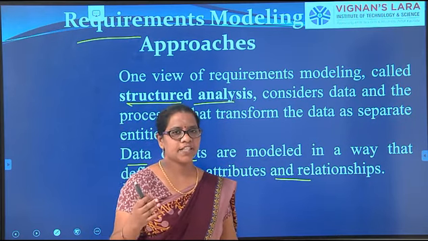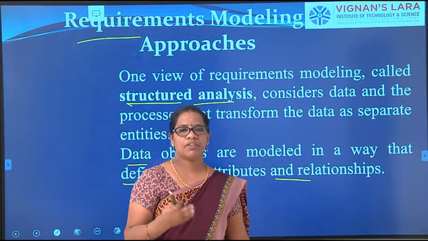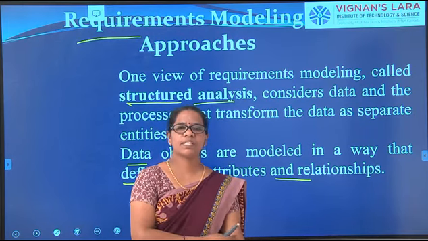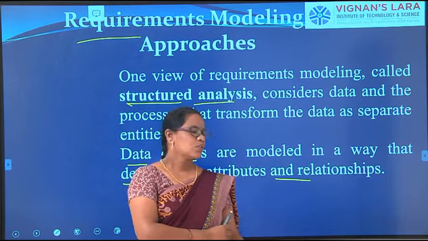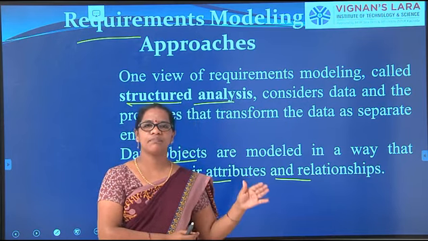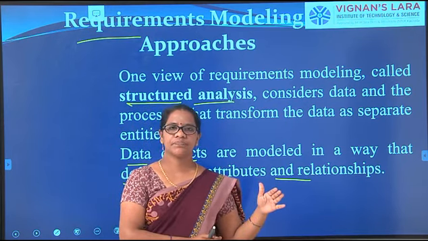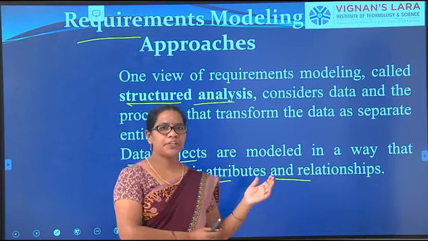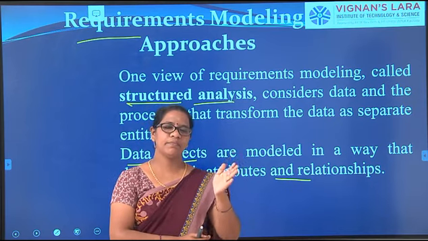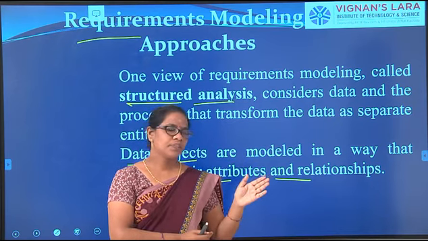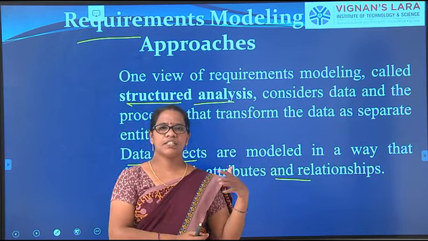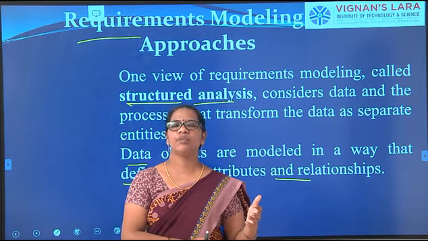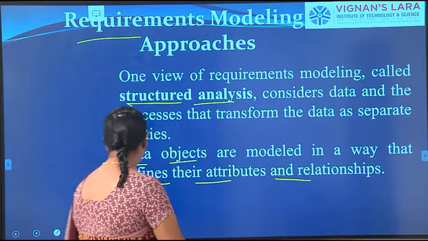If you take it in a programmatic way, for Java or C++, whether you have read Java or not, I don't know. In Java, first we define the class. In the class we have some functions and some variable declarations, like int a equals 10. That is the attribute. So int a means a is of type int. So that is the attributes and relationships. Relationships are nothing but some functions. What are the functions we have to write in the program? We have to define all those things.